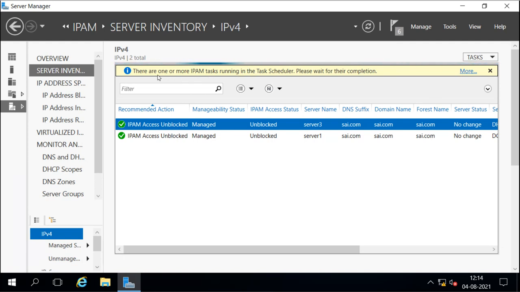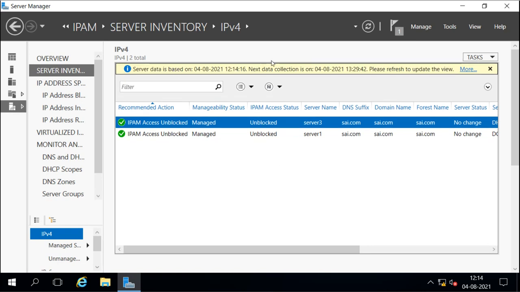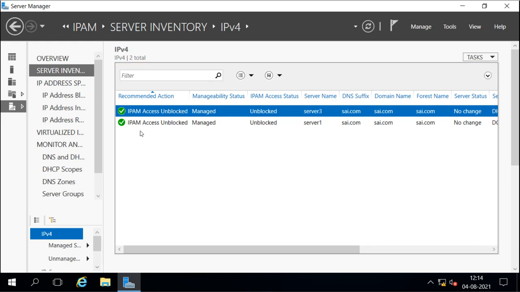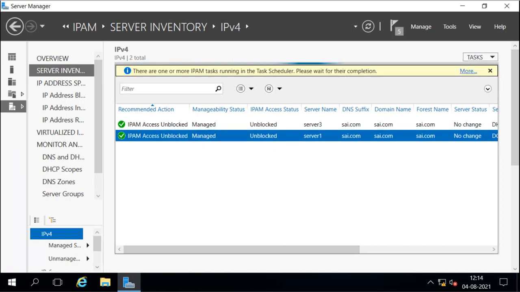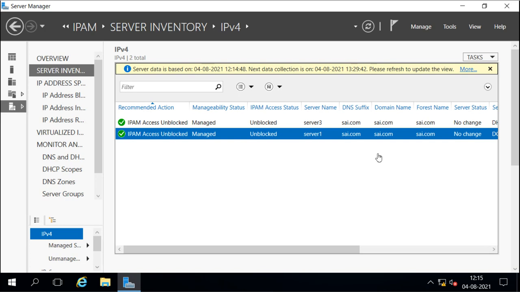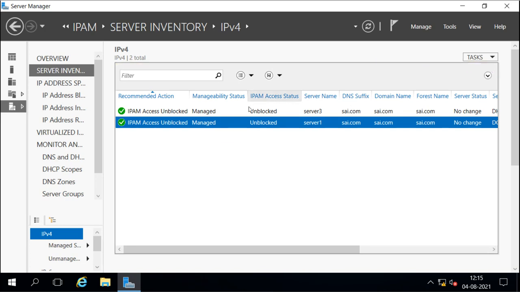It shows here there is a task running, and when the task is completed, it will show you in this notification that the task is completed. It will take a little time, and now it is discovered here. It is completed. You can close this, then you can go to the other server to retrieve the data. Now this server is also done. Now we can manage these servers.